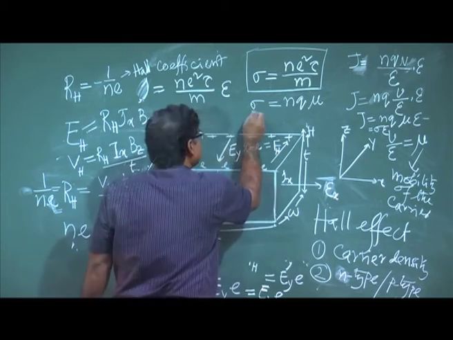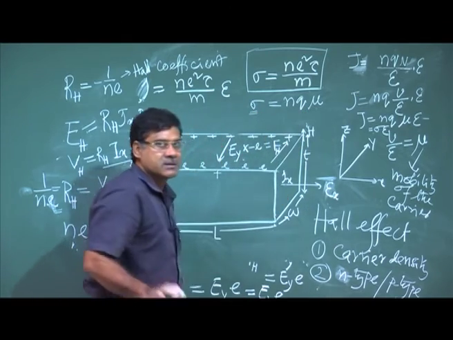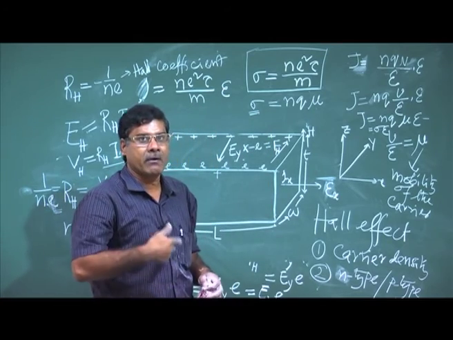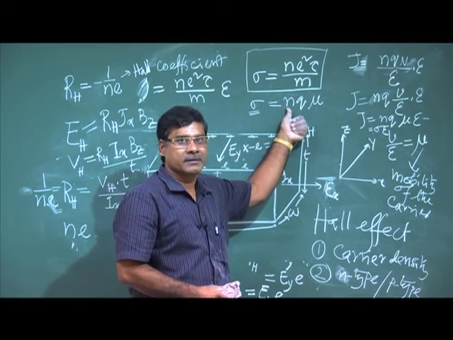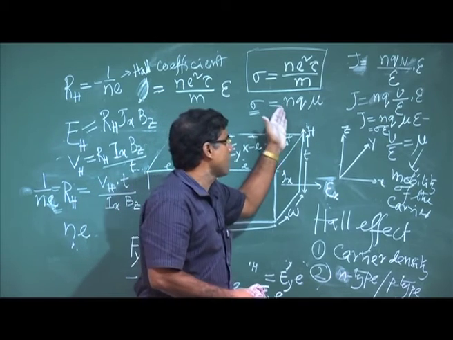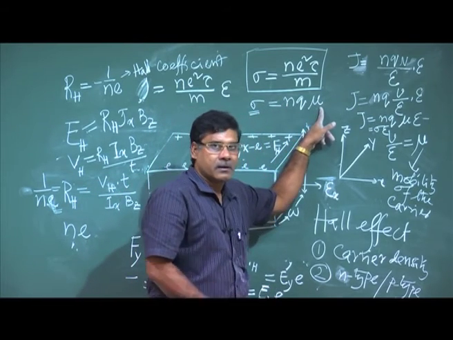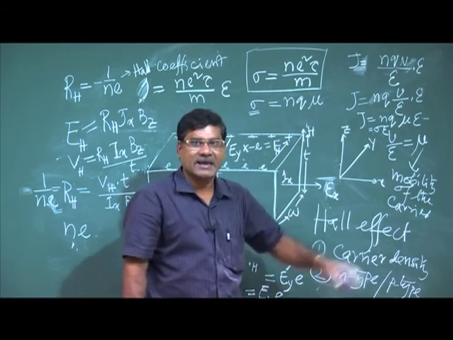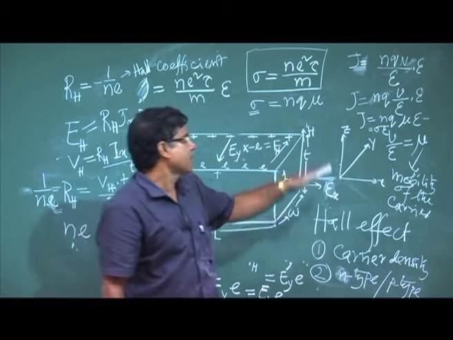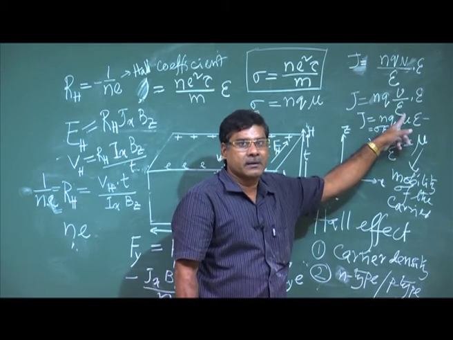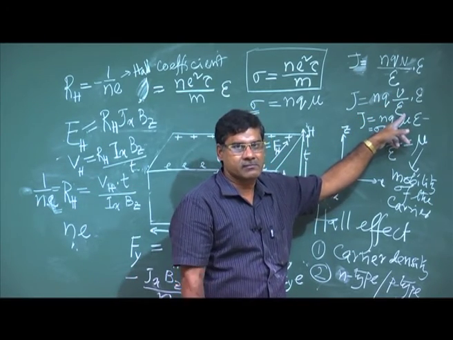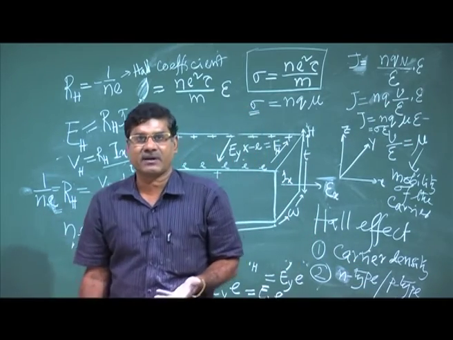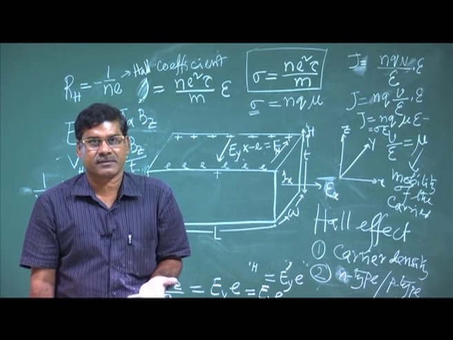Okay. So, this is important because this conductivity does not depend only on the carrier density, it depends on the carrier mobility also. It is just like resistivity, because this velocity depends on the amount of electric field. Now, if I divide it by this electric field, it is independent of electric field. So, it is like a constant, right.